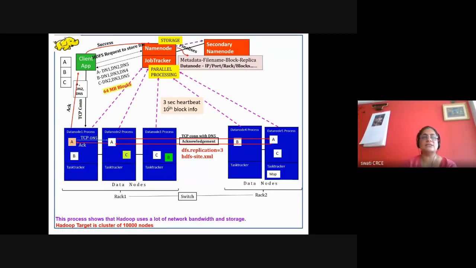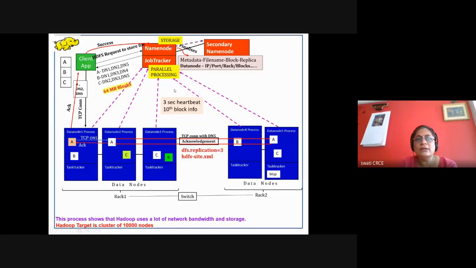The first 9 signals are just heartbeats, and the 10th signal is the information about the blocks: I'm having this many blocks, and everything inside this machine. So all detailed information is sent at every 10th signal, and this is gathered by the name node to update its metadata information.